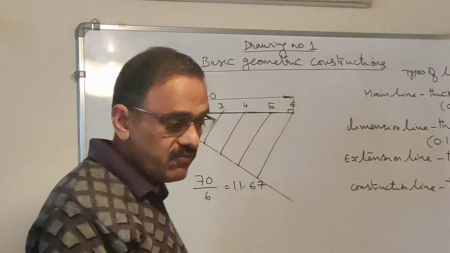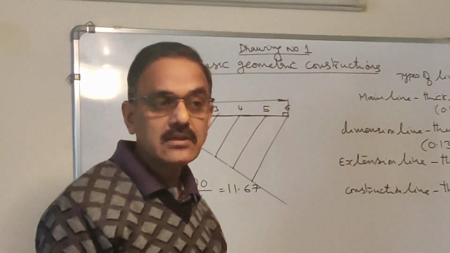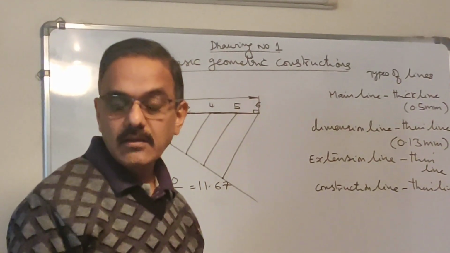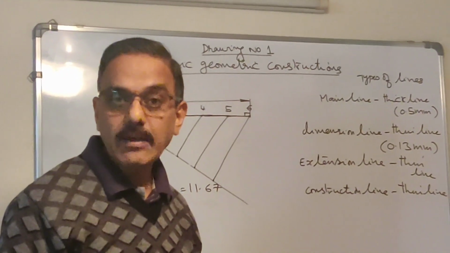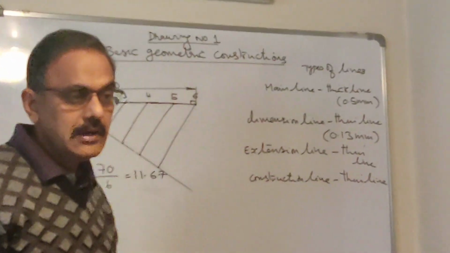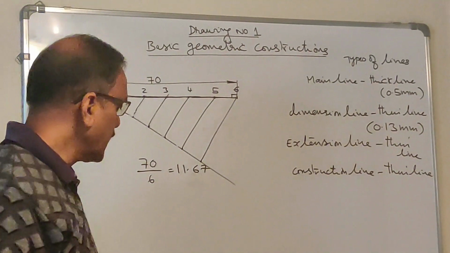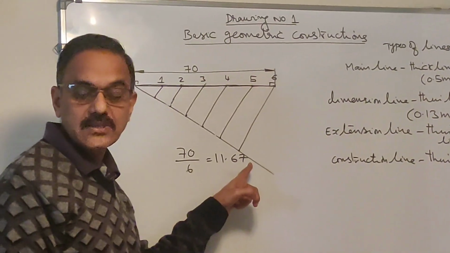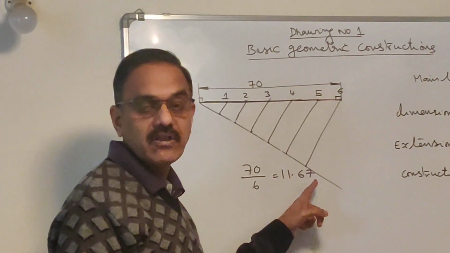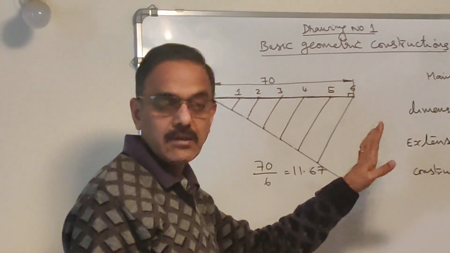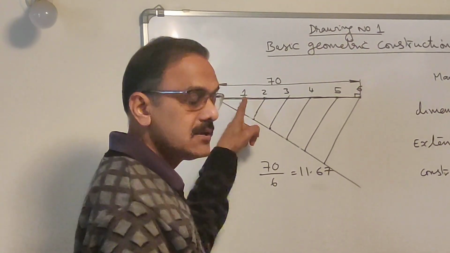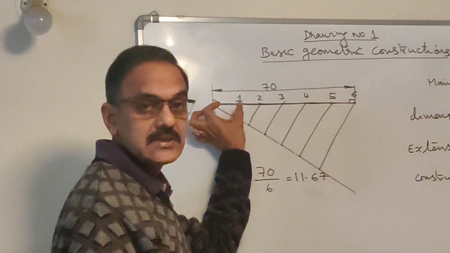Now the software that we are using has an accuracy of 0.01 mm, or the least count of 0.01 mm. So the length when you measure, it can be shown up to 2 decimal places. So you can show it as 11.67 but not beyond that. Okay, 0.01 mm is the least count. So when you measure this, it should come to 11.67.